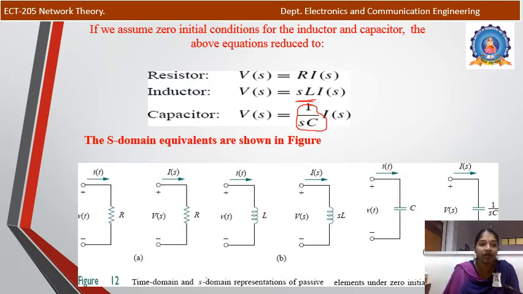So you have to keep in mind, when we are taking the Laplace transform of equations in a mesh, the voltage equation for the resistor will be V of S is equal to R into I of S. For an inductor, it will be S L I of S, not L into I of S. Okay, it is S into L I of S. Similarly, capacitive impedance will be 1 by SC. From this, you can understand that inductive impedance is directly proportional to S, and capacitive impedance is inversely proportional to S. So that should be kept in mind.